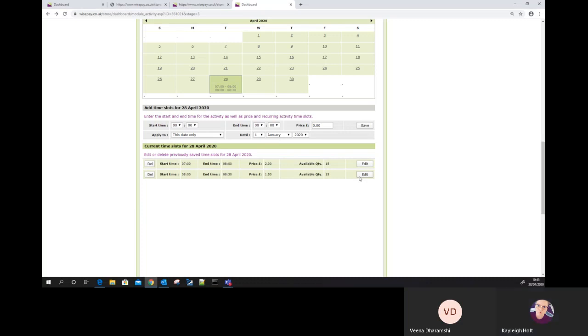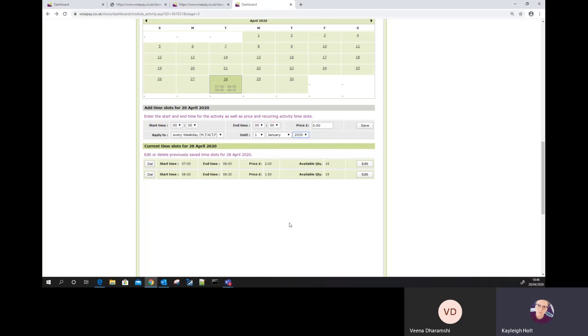Because you can easily select apply to every day and accidentally select 2030, you could build that time slot for the next 10 years. So when you're first completing it, what we can also do is if you email into WisePay or give us a quick call, or someone at the implementation team, or even someone in support, we can actually